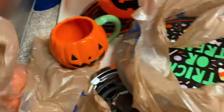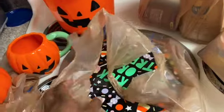So I got these, and then I ended up getting them a tray, a trick-or-treat tray. This is hard to do with one hand. A trick-or-treat tray that I'm just gonna put some chips and I don't know what else I'm gonna put on